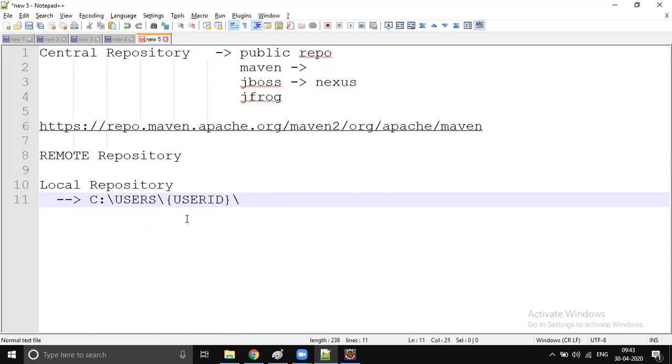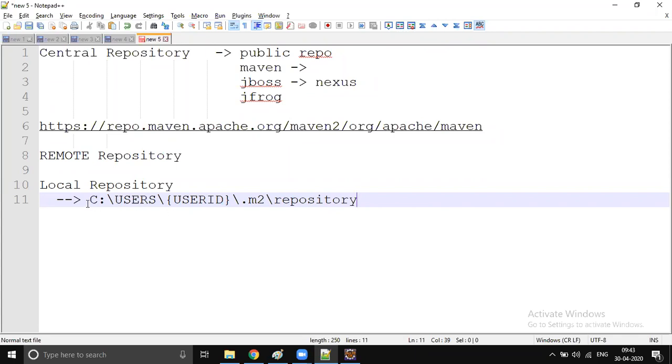Inside your user ID a default folder is created for Maven called .m2, and inside this there is one more folder called repository. This is the default local repository location.